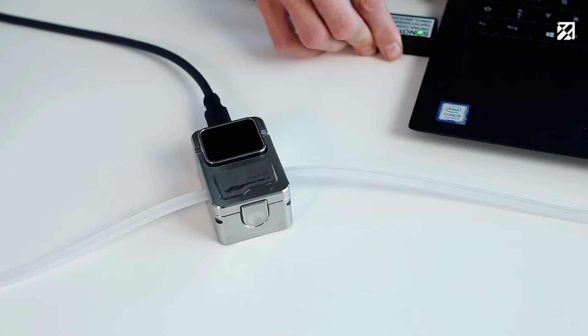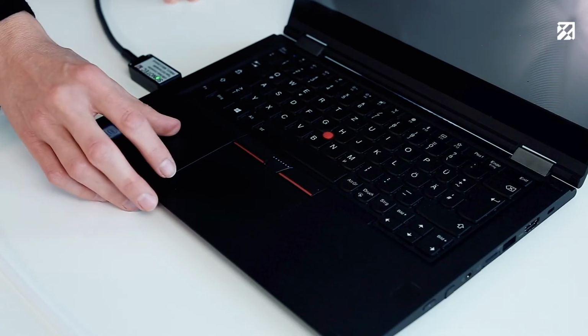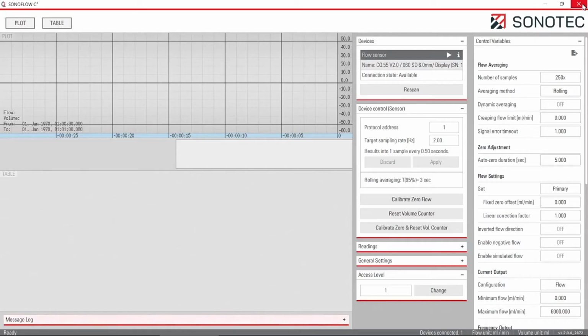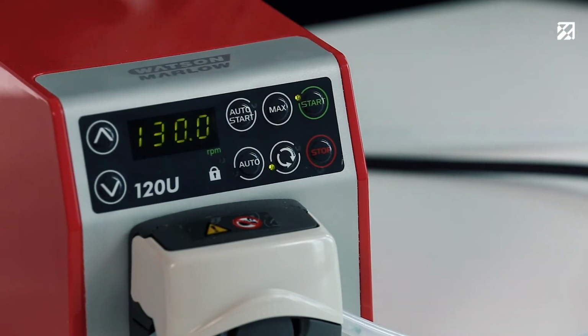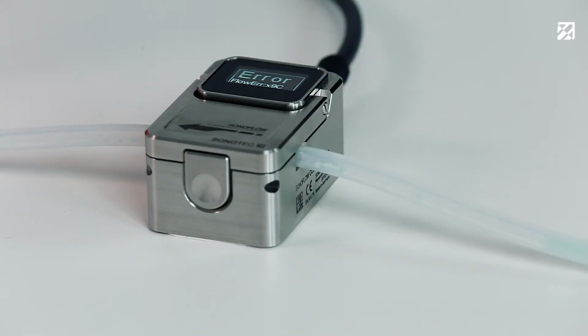As long as the tube is still filled with air, the sensor shows an error code. After connecting all parts, we can start running the C3 software, which automatically detects the flow meter. Now we can start the pump. As you can see, the sensor immediately starts to display the real-time flow value, as soon as the liquid runs